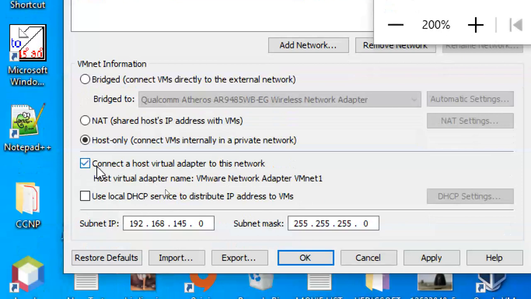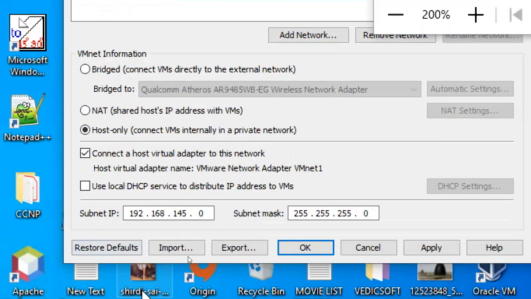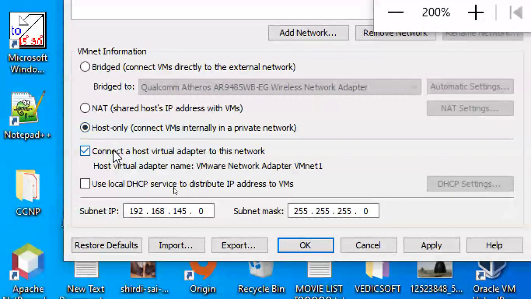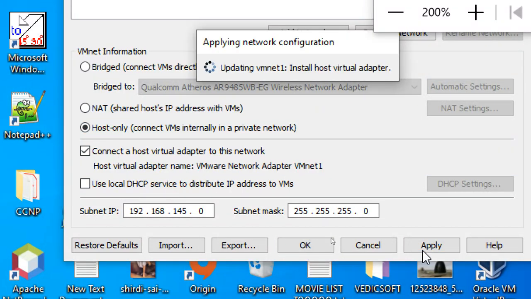Make sure this is selected and this is unselected. Unselect Use DHCP server. Then apply. Guys, settings are okay. VMnet 1, host only, first one is selected, next one is unselected. Apply.